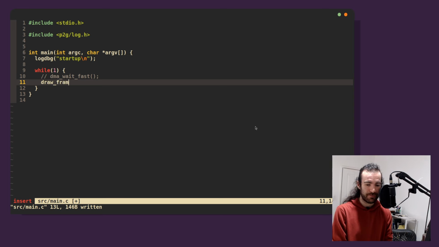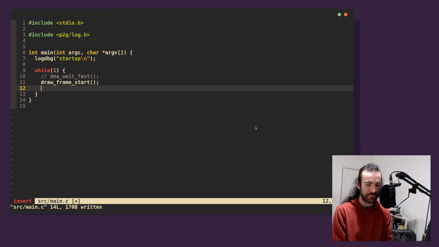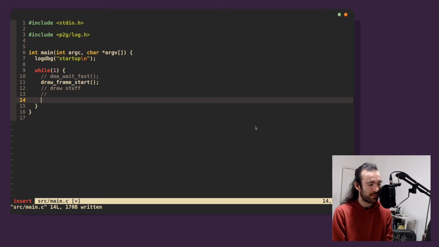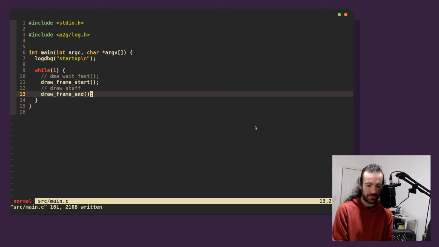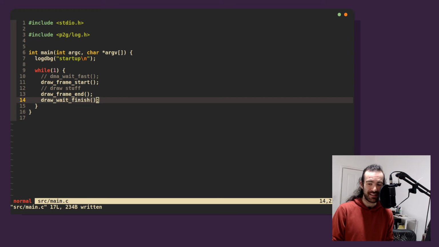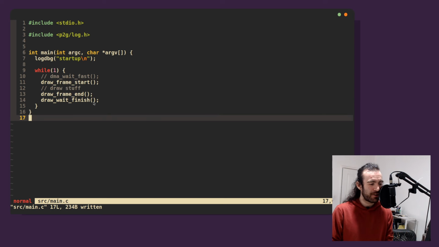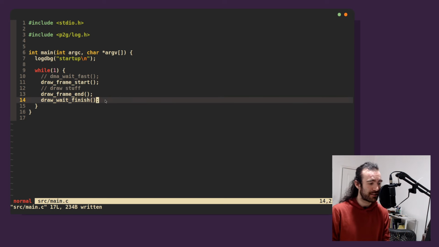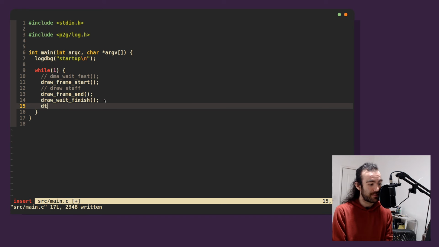So let's frame start. We start a frame. We draw stuff in here. We call draw frame end. We use this command, which is actually part of PS2 SDK. My library is currently a mishmash of PS2 SDK and my own functions, but draw wait finish. So these two are from my code. Draw wait finish is from PS2 SDK directly. This, as the name suggests, waits for the current frame to finish drawing. Then we're gonna say,